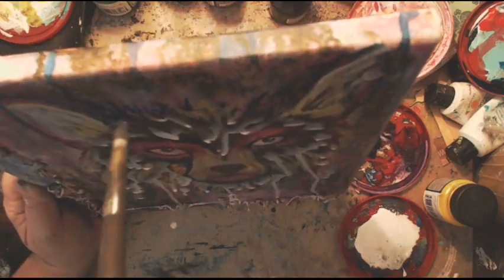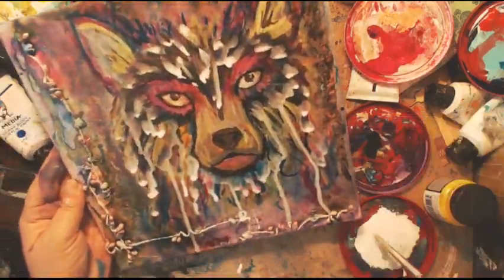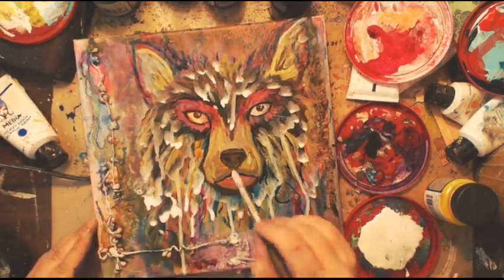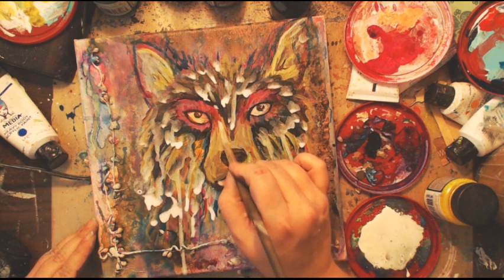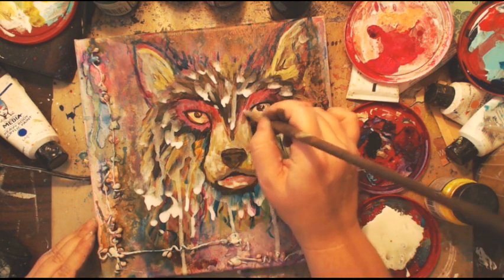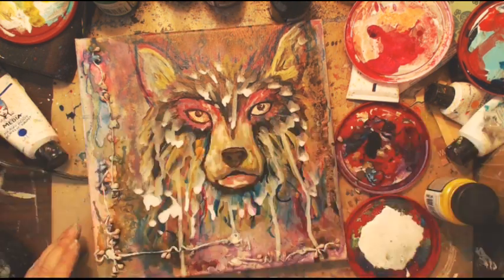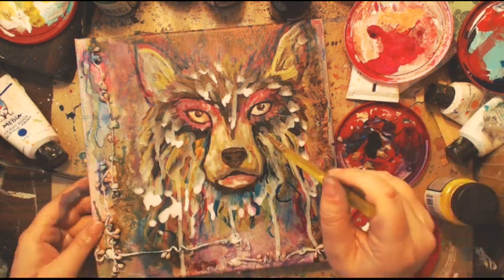And I'm making this really wet because I'm going to go in with my inks. Just let it flow in. All right, Shana, stop it. Okay. Got a good sized brush. I want more turquoise in there, so I'm just gonna